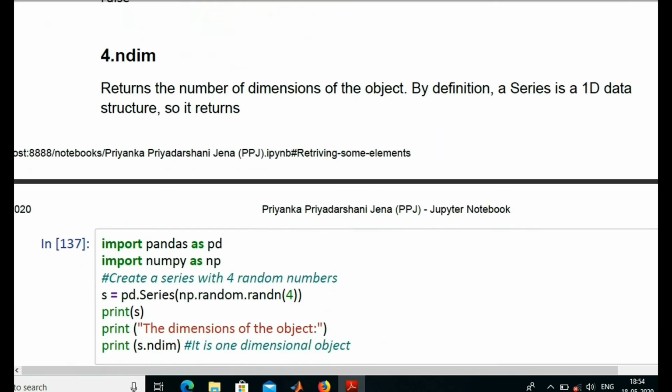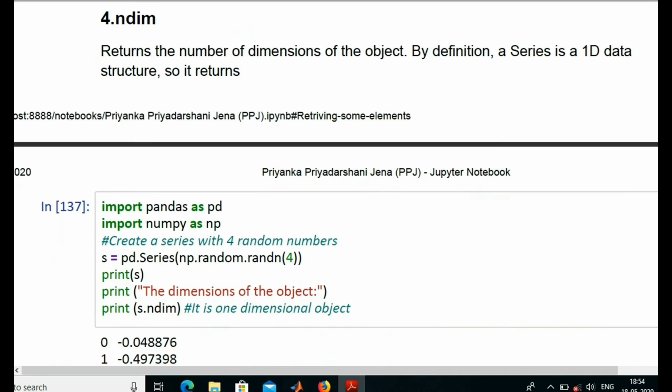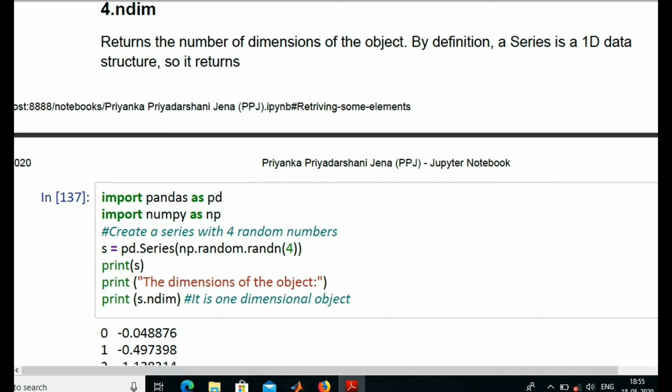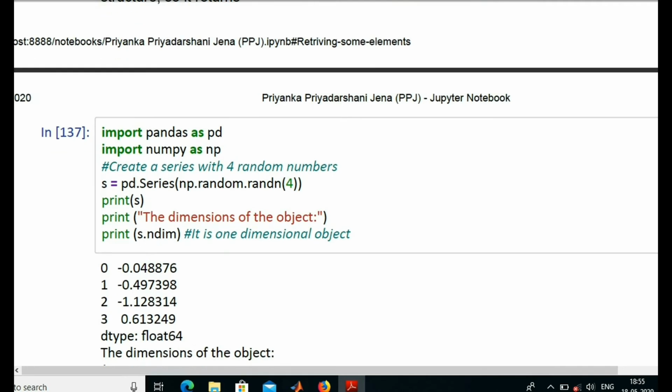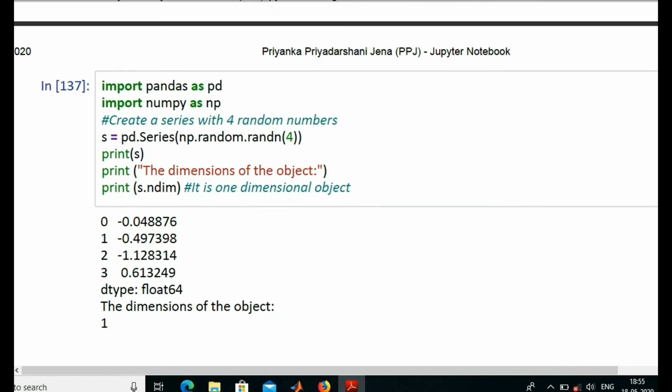Next is ndim, which returns the number of dimensions of the object. By definition, a series is a one-dimensional data structure. So it returns one dimension, meaning one axis. So in this code 137, import pandas as pd is compulsory in a pandas data structure. To create a series of random numbers with numpy, we have to import numpy as np.